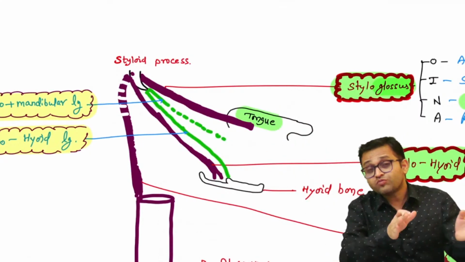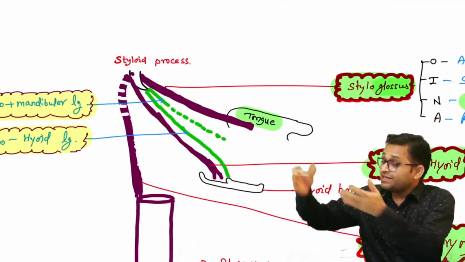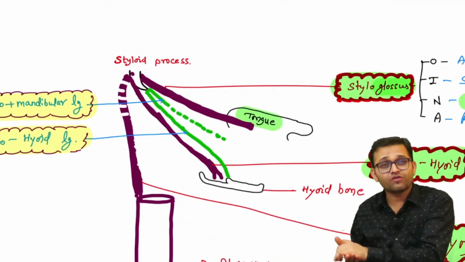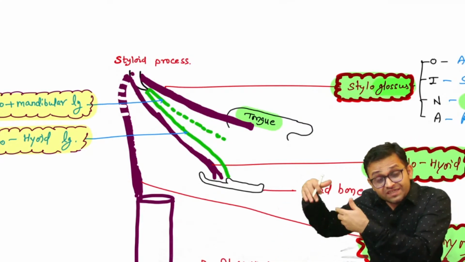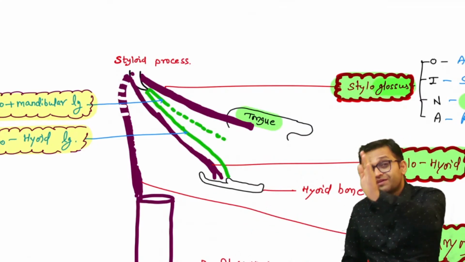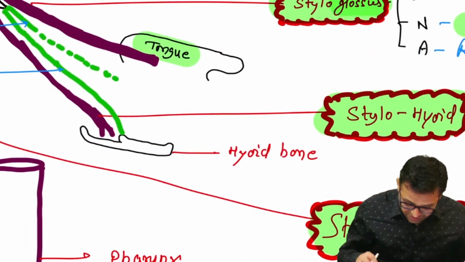Anatomy means dissection. Dissection means anatomy. We cannot do dissection in our classroom. We can do it only in our dissection hall. So we are representing that dissection with the help of the image. So you can say anatomy means diagram, diagram means anatomy. So we are adding more information here.